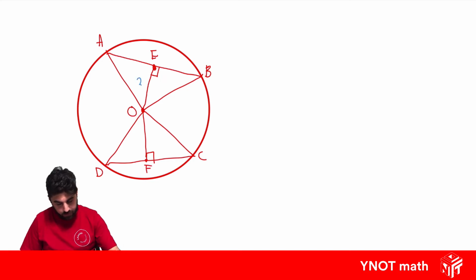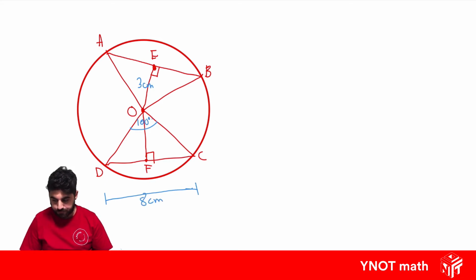We know that OE is going to be 3 centimeters. We know this angle here is going to be 100 degrees. And we know the length of this chord is going to be 8 centimeters. And the first thing we want to do is find the length of OF. So OF is this one here,